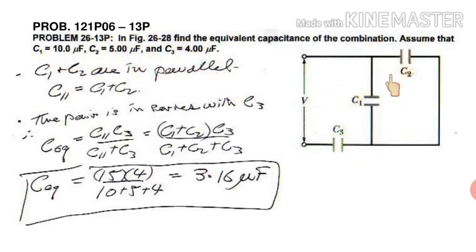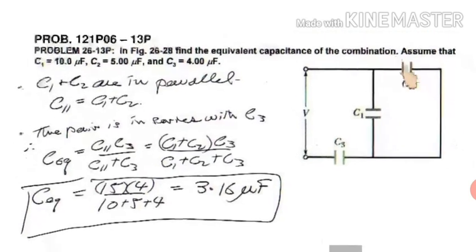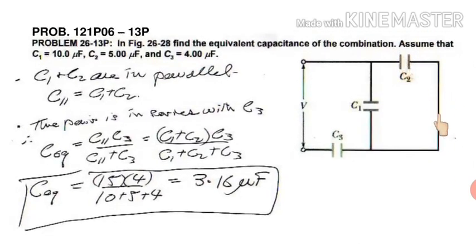Now here you can easily see that C1 and C2 are in parallel with each other. I think this is clear, why they are in parallel with each other. If I had drawn C2 over here, on this side, then just by seeing them you would have told me that they are connected in parallel. So simply they have changed the position. So they are having which type of combination? Parallel combination. So their equivalent capacitance will be C parallel is equal to C1 plus C2.